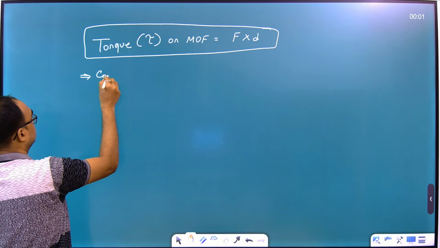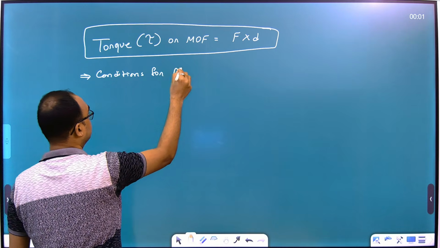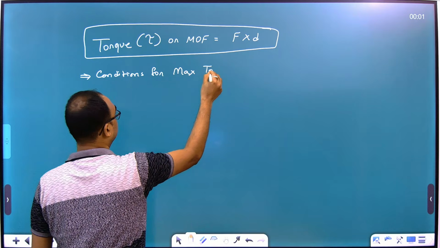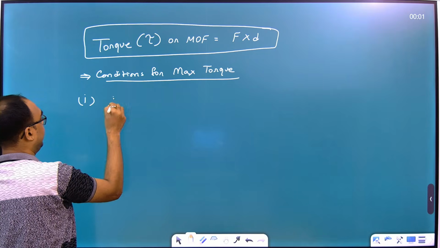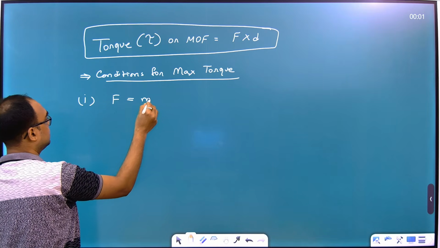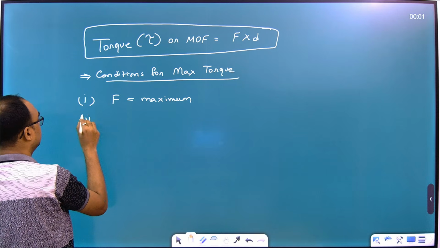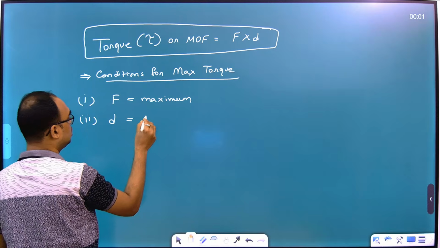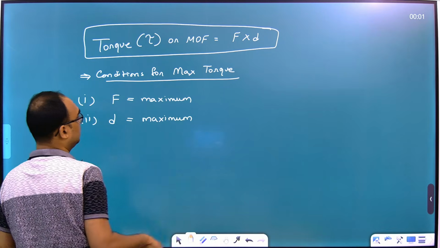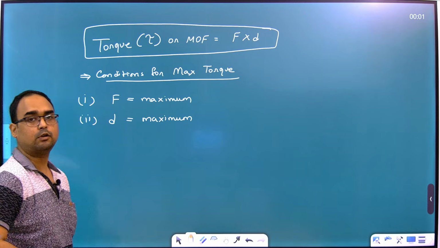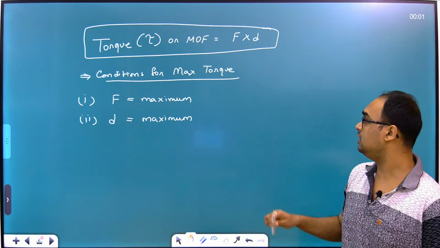Conditions for maximum torque or maximum moment of force. Three conditions. Number one, F should be maximum. Number two, distance should be maximum. There are two formats for which the torque can be maximum. And again, the conditions